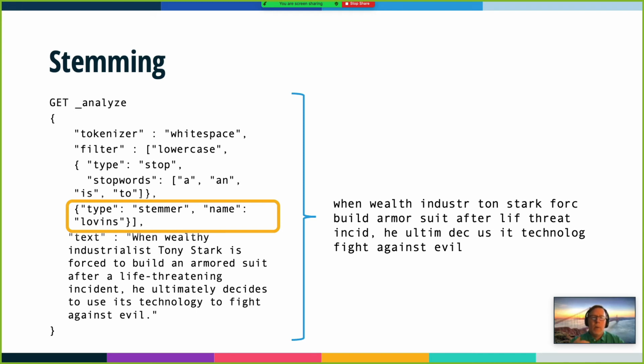Then we apply what's called stemming. With a stemmer, we're reducing the terms to root form. Again, this is going to expand the range of matches that we have for that particular piece of text. As an example, we have here wealthy, but presumably the concept is the same, whether I say wealth or wealthy or wealthier or wealthiest. It's a similar concept. And so a query that contains wealth or wealthy or wealthier or wealthiest should match this piece of text. And a stemmer is going to bring all of these terms to their root form.